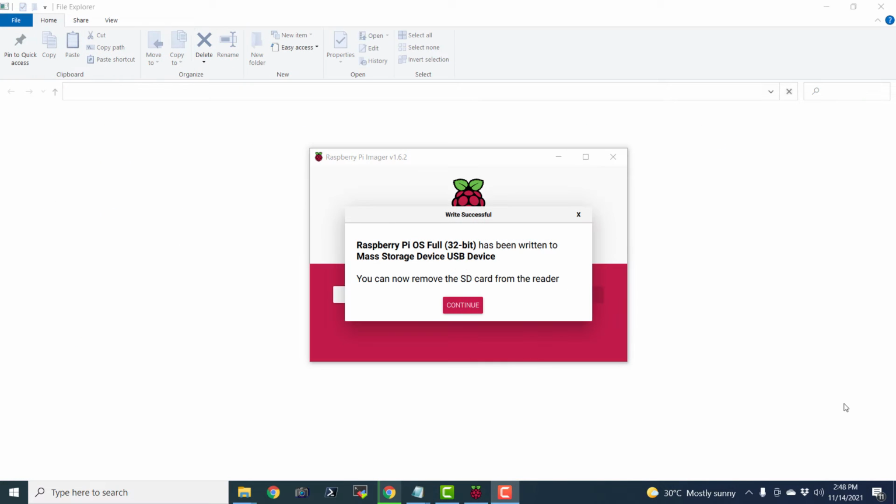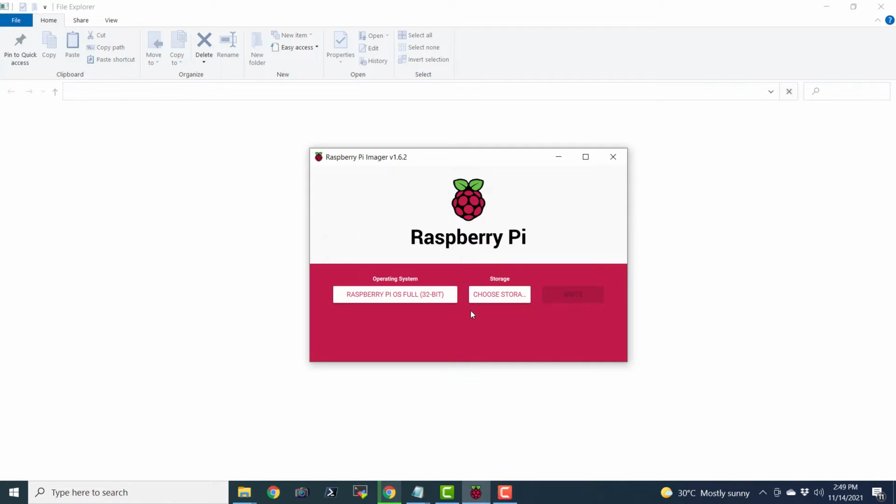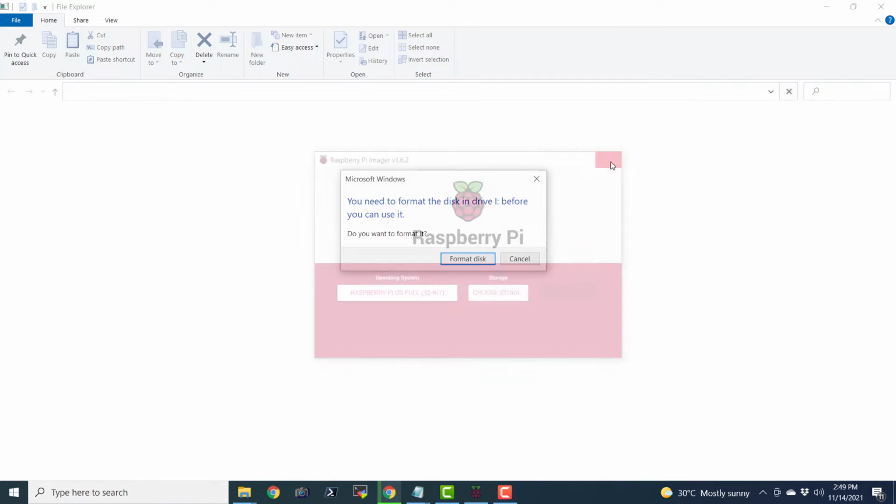The Raspberry Pi Imager has finished writing the operating system to the micro SD card of size 64 GB. To be very frank, it has taken a lot of time. It has taken so much time that I have already edited the earlier part of the video that I recorded till now, and I'm recording this bit freshly. So I'm just going to click continue and close this utility.